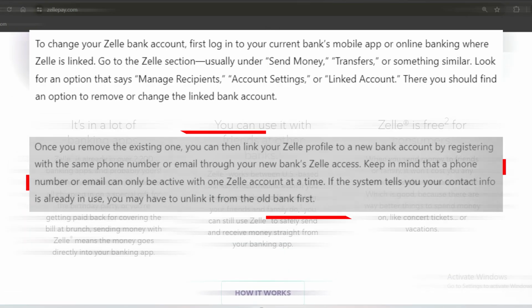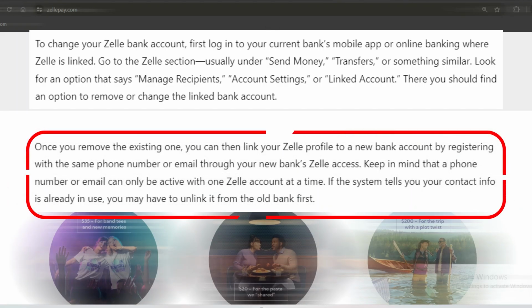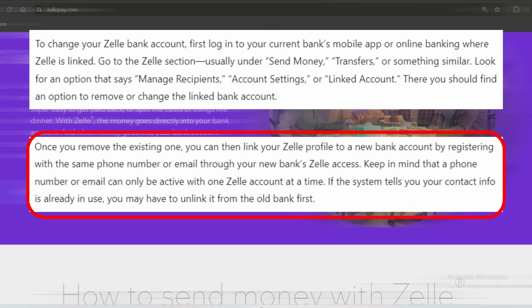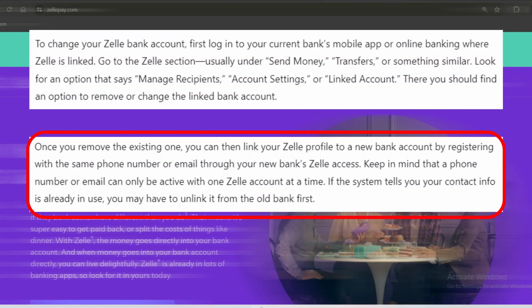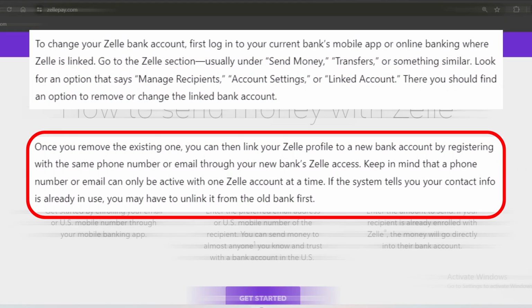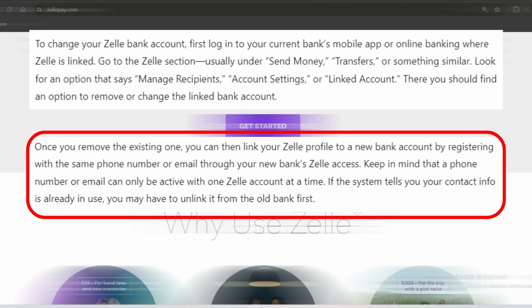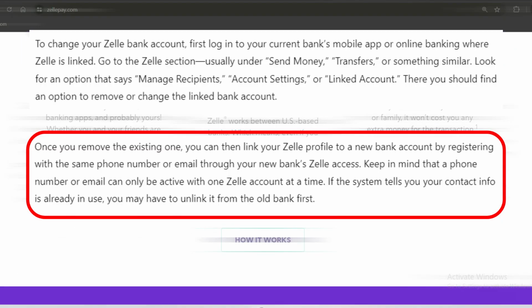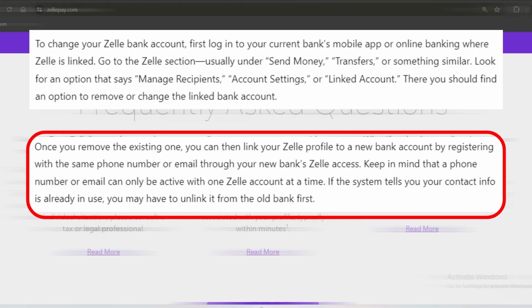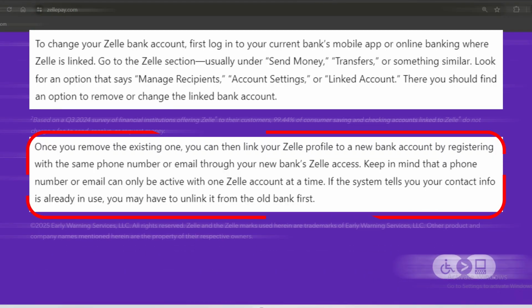Once you remove the existing one, you can then link your Zelle profile to a new bank account by registering with the same phone number or email through your new bank's Zelle access. Keep in mind that a phone number or email can only be active with one Zelle account at a time. If the system tells you your contact info is already in use, you may have to unlink it from the